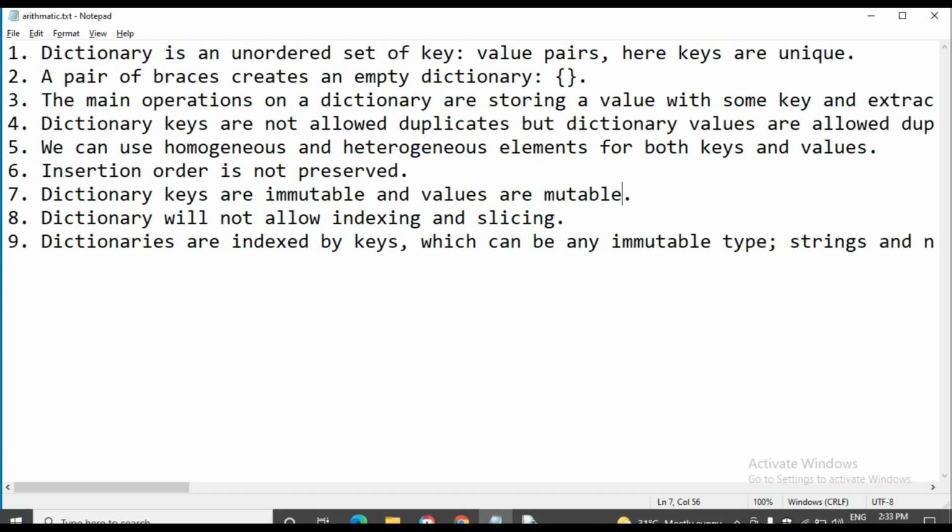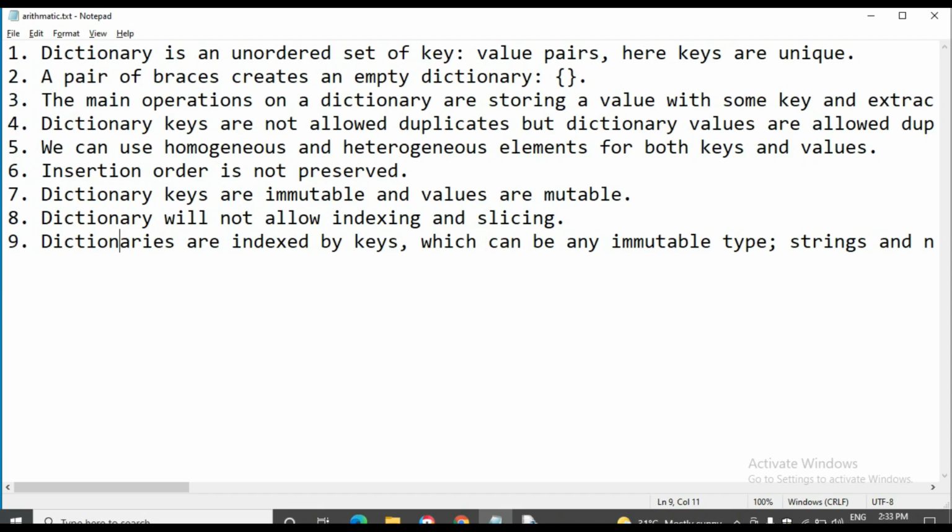Why? The values allow duplicates and the keys do not allow duplicates. Okay, the dictionaries are indexed by the keys, which must be an immutable type. I have said that already.